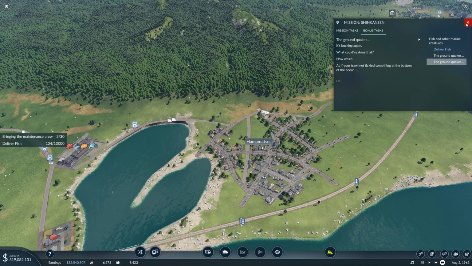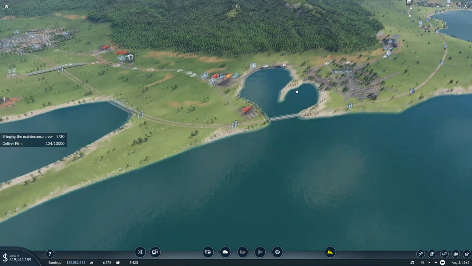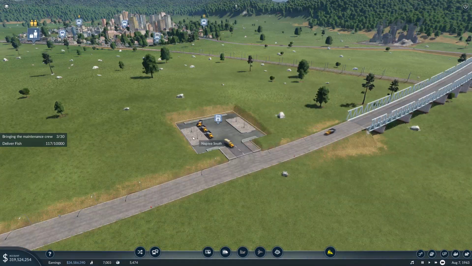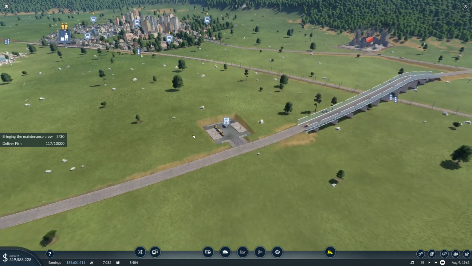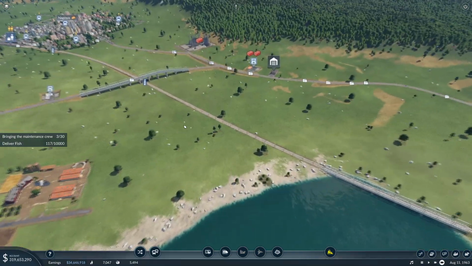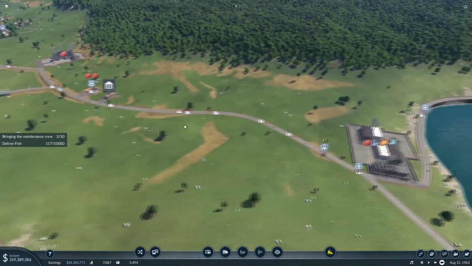I'm not exactly sure what's going on with that, but maybe it's tied to the amount of fish that we're delivering. The trucks are queuing here, so that goes to prove that we've got sufficient trucks on this line to keep the fish flowing. Although 10,000 fish is...